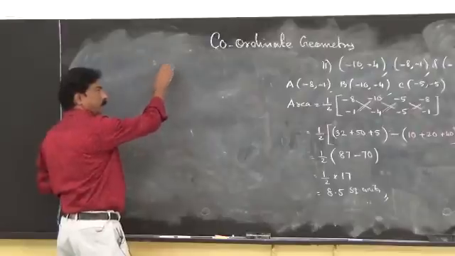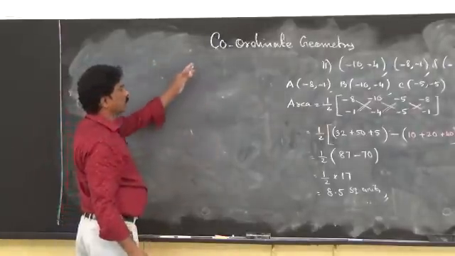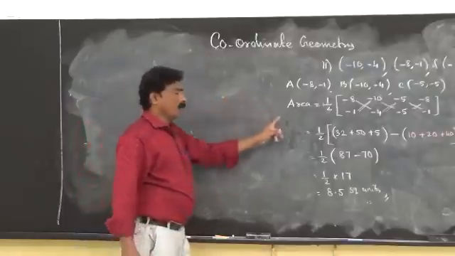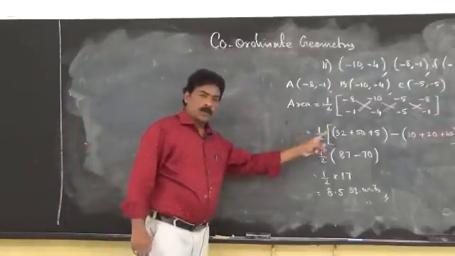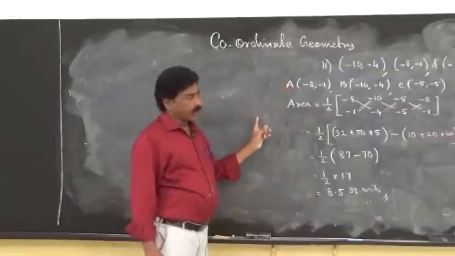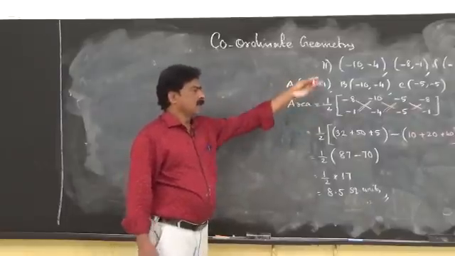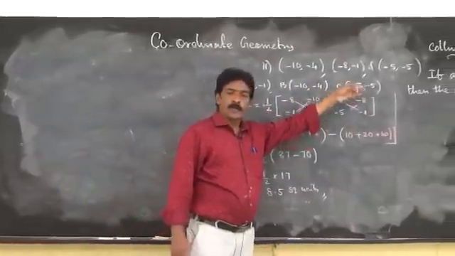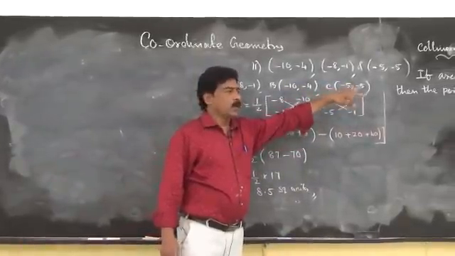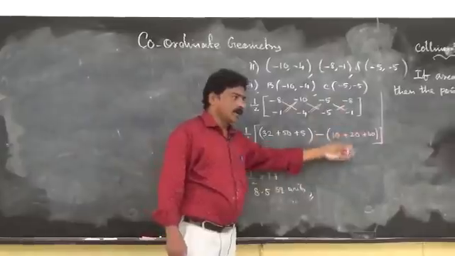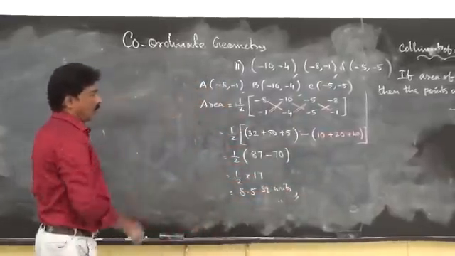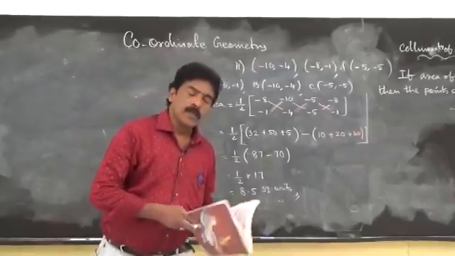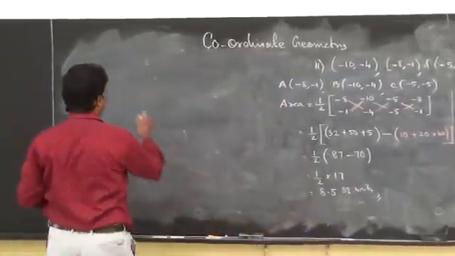After the area of a triangle, next we will come to the quadrilateral. Area of a quadrilateral: to find the area alone, plot the points, draw the graph, take the points anti-clockwise, then find the area. When the area is given and you have to find a missing value, you need not plot the graph. So what is the condition for collinearity? The area should be 0. Now we will check the second question.